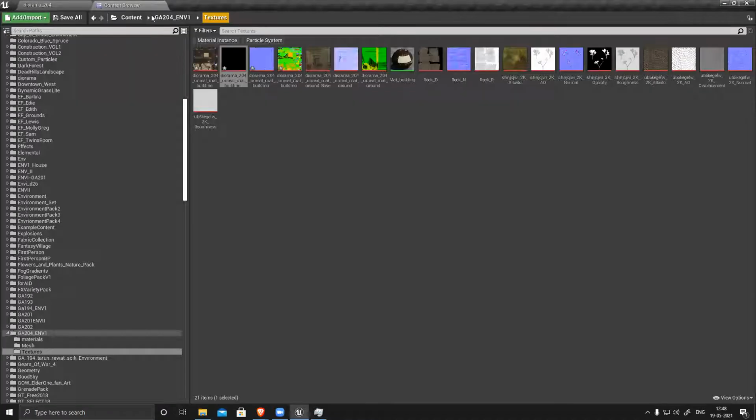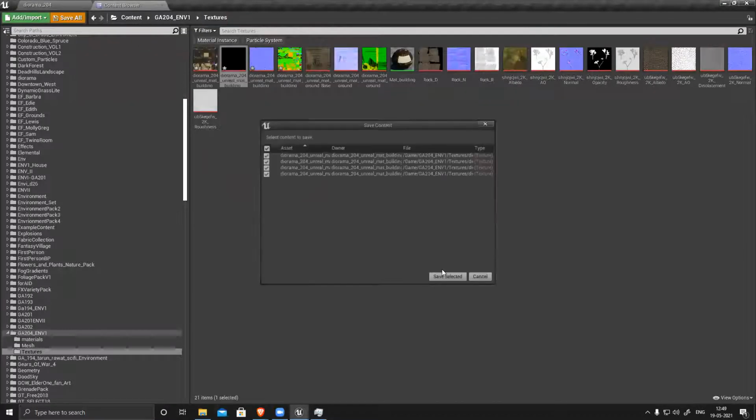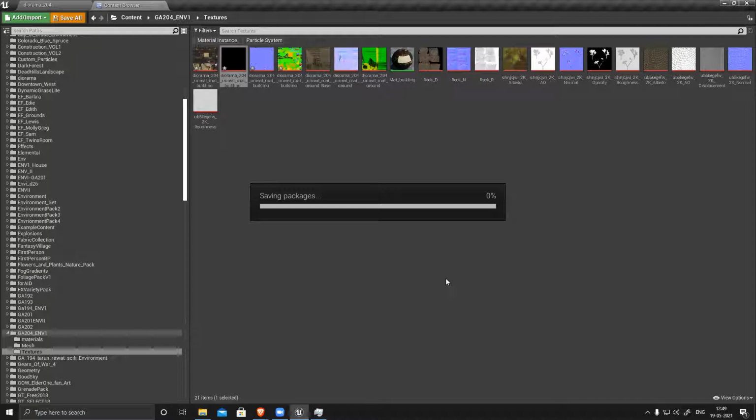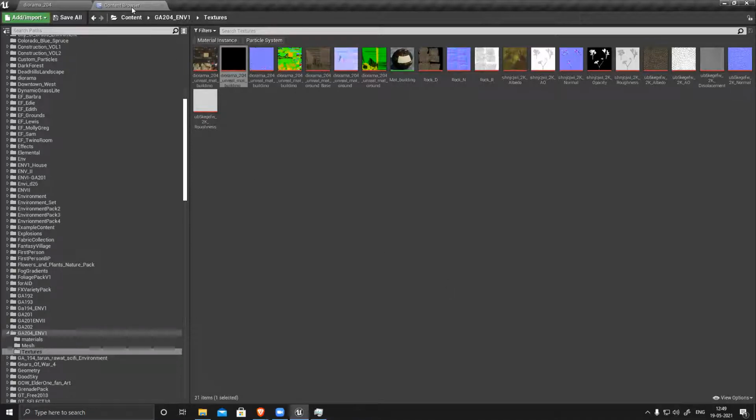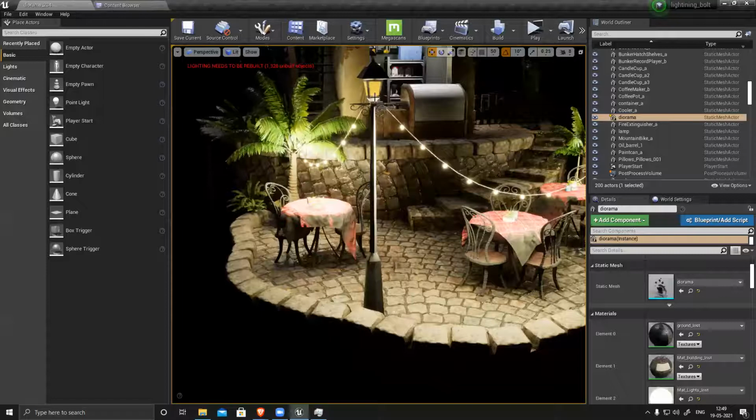Now, if you go to your main material, you see everything. So still you can see this is not glowing.